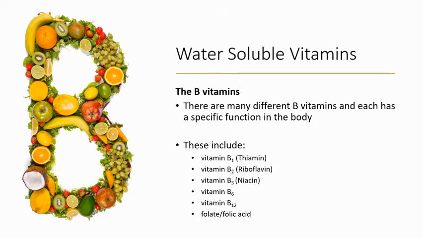Now, some of the water-soluble vitamins, the B vitamins, where we have a ton of them, they're not actually that closely related, and they each have a very specific function in the body. So you can see the major ones, and some of them have other names. So vitamin B1 is also called thiamine, vitamin B3, niacin. So you can see some of those names. They are identified by multiple names, I guess.